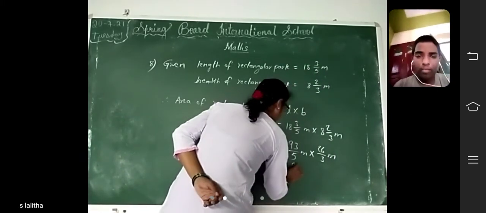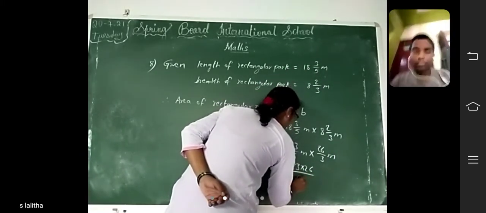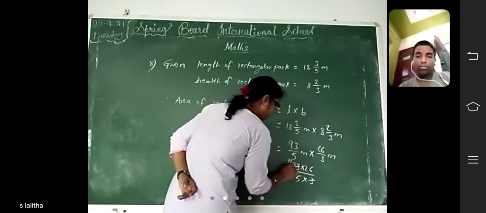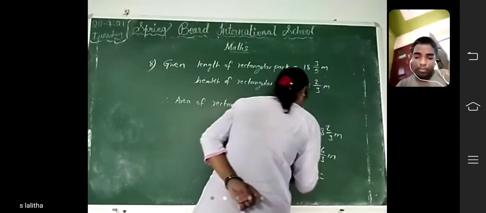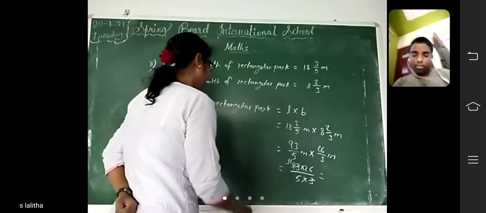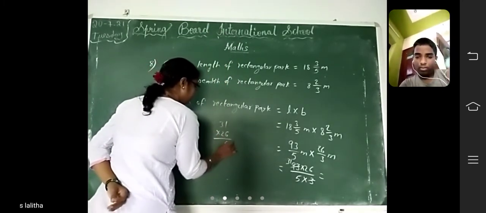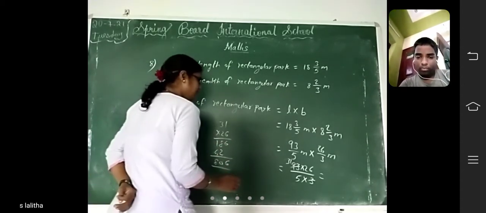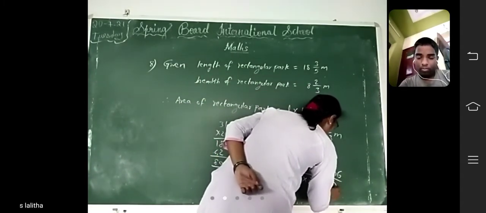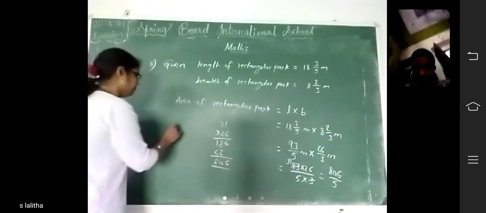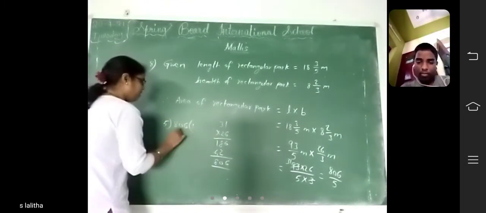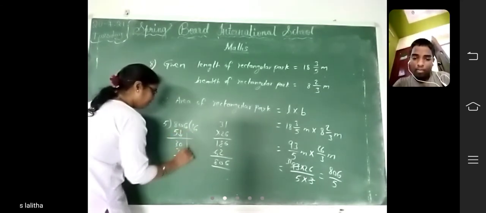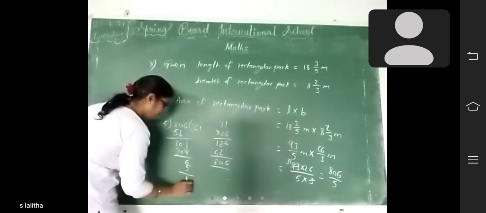Now multiply. 93 into 26 by 5 into 3. Any cancellation, children? Yes, 3 3s are 9, 3 1s are 3. Now multiply 31 into 26 by 5: 6 1 6, 6 3 is 18, 2 1 is 2, 2 3 is 6. 806 by 5. Now I should convert into mixed. 5 ones 5, 3, bring down 0, 5 6 30, bring down 6, 5 ones 5, 1 is remainder.